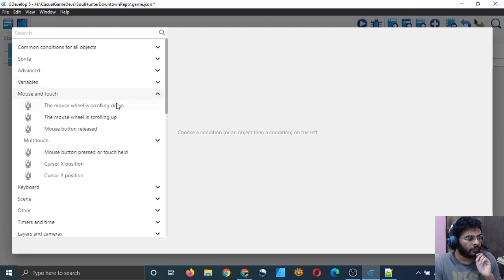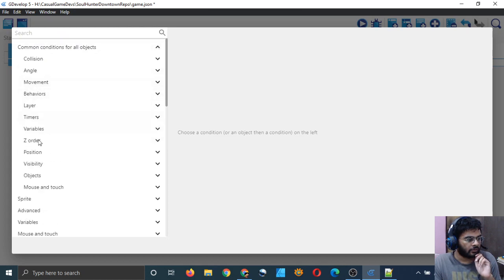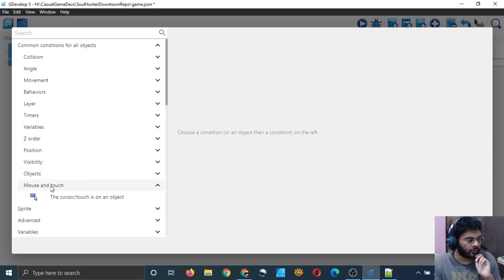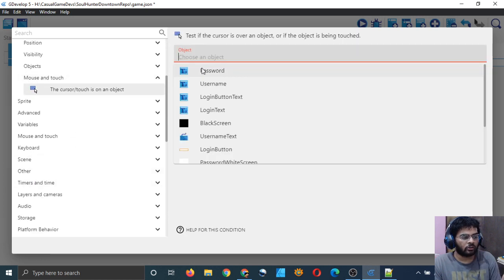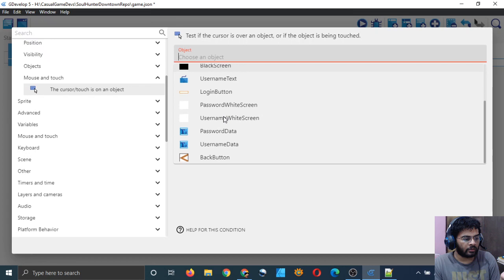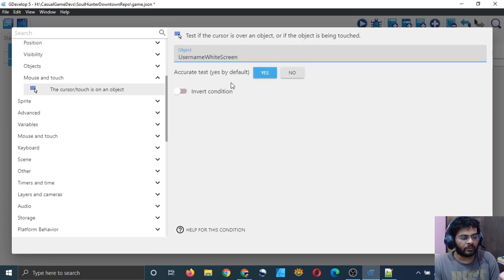That condition should be mouse and touch. It should be here in objects, in mouse and touch. The cursor slash touch is on an object, and our object is username white screen.